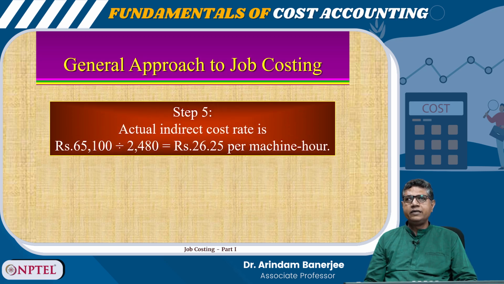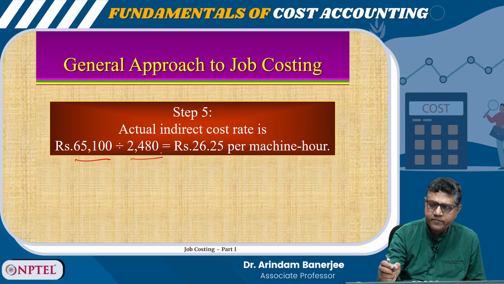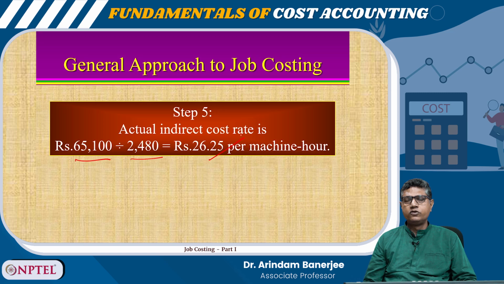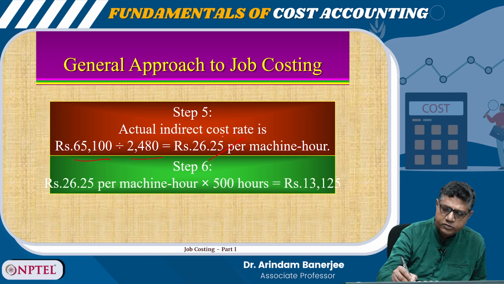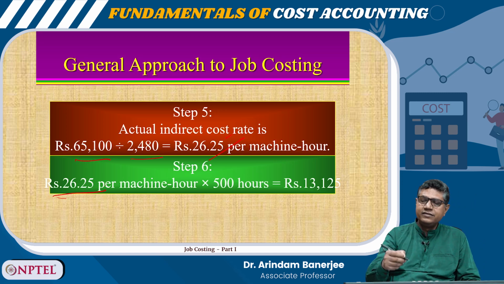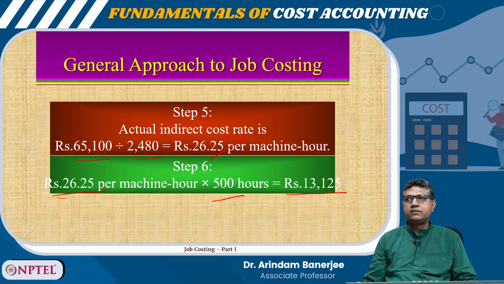Now, actual indirect cost rate is how much then? 65,400 divided by 2,480. That is 26.25 per machine hour. So, this is the absorption rate of the overhead. So, step 6, the per hour absorption rate is 26.25, and we have seen earlier that this job uses 500 hours. So, total indirect cost is rupees